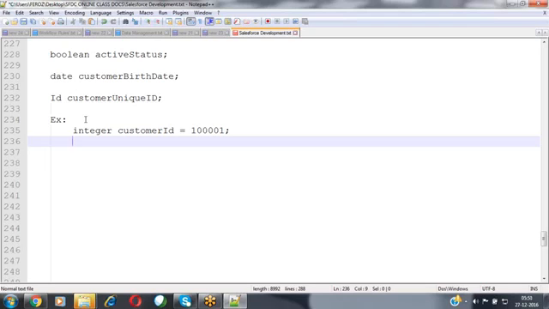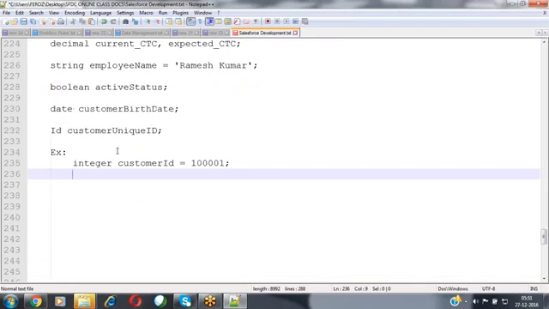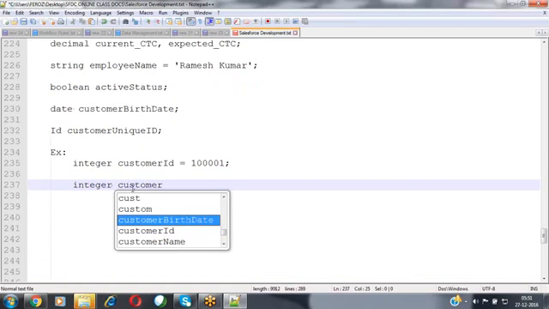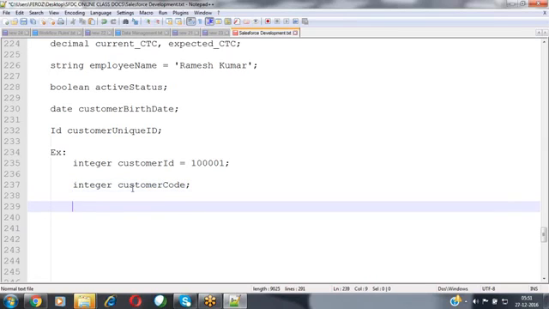Now assume that I have just defined the variable like integer customer code. Already we have discussed that each and every statement inside the Apex programming language has to end with a semicolon.